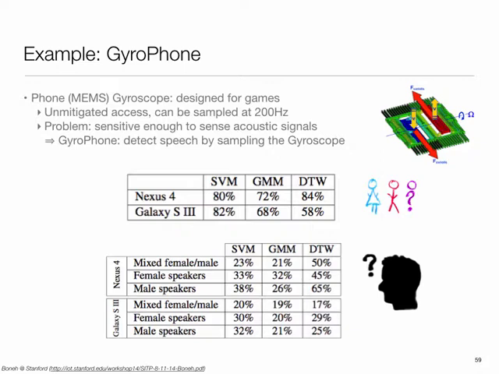Except that these guys noticed, and they claim something about the exact physics that may or may not be true, but the main point is that if there is loud enough sound in the vicinity, then that little MEMS object, which is measuring the angular velocity, vibrates. It picks up the sound waves. And therefore, you get a signature which corresponds to the acoustic spectrum. It's very undersampled. Those of you who are EE, it is below Nyquist sampling. So you cannot reconstruct what is happening, but you can do other, cruder identification.